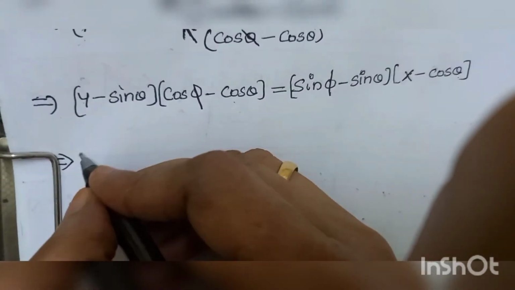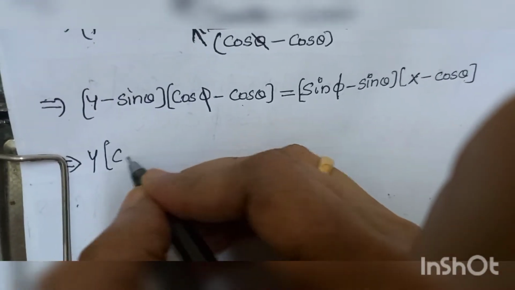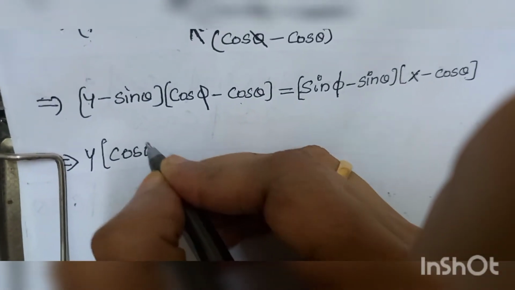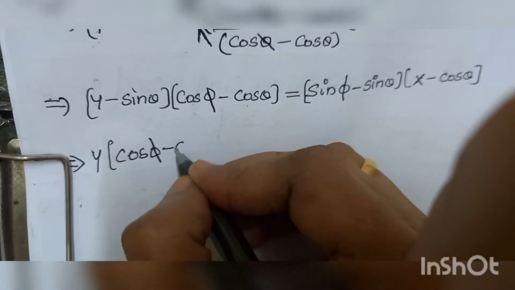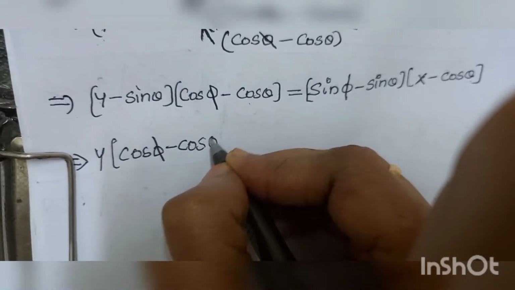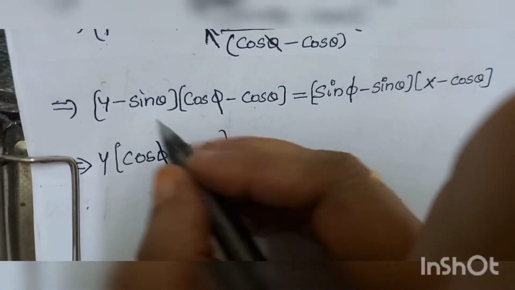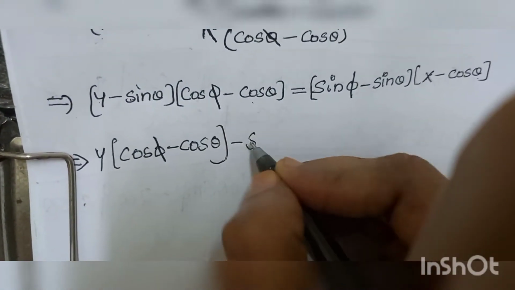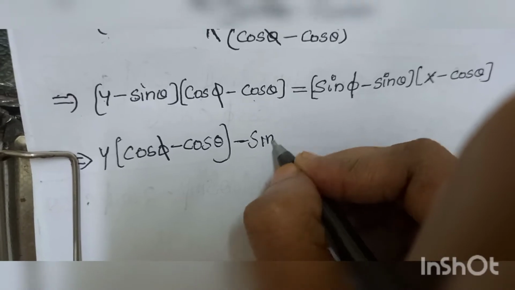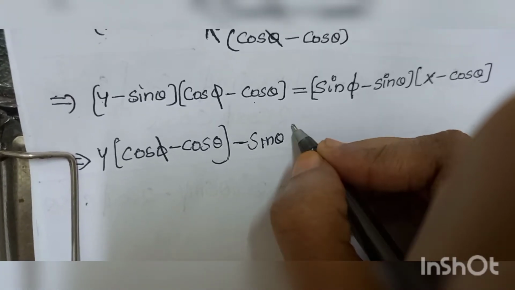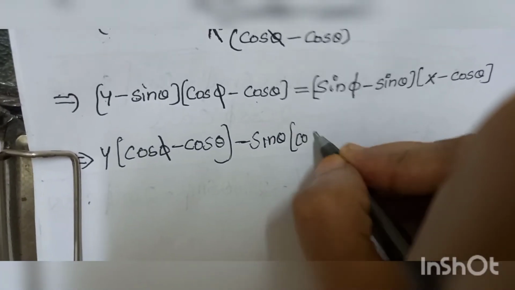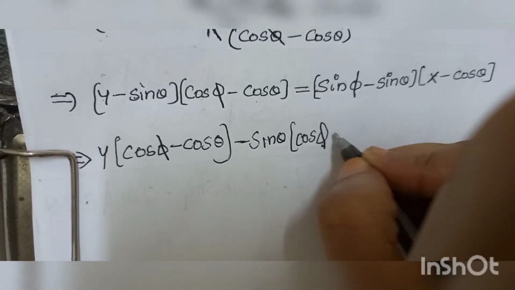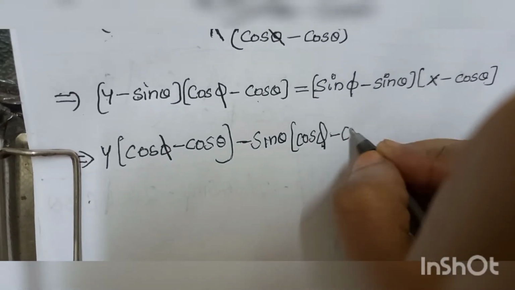So remove the bracket. Y into cos phi minus cos theta, then minus sin theta into cos phi minus cos theta